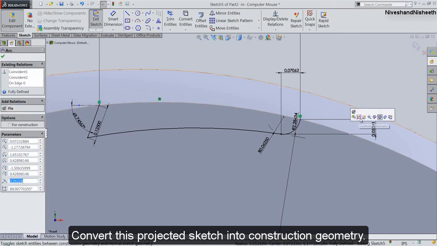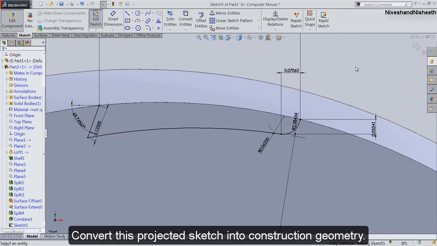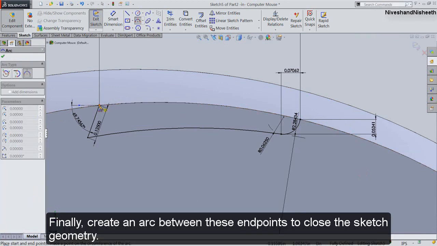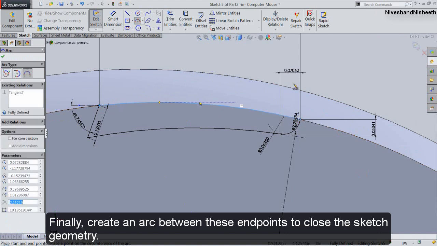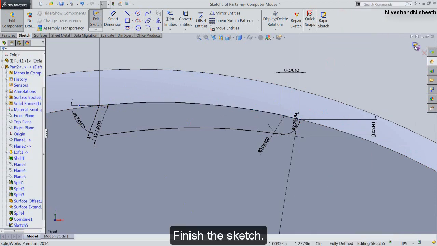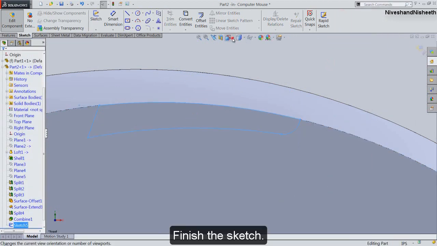Convert this projected sketch into construction geometry. Finally, create an arc between these endpoints to close the sketch geometry. Finish the sketch.